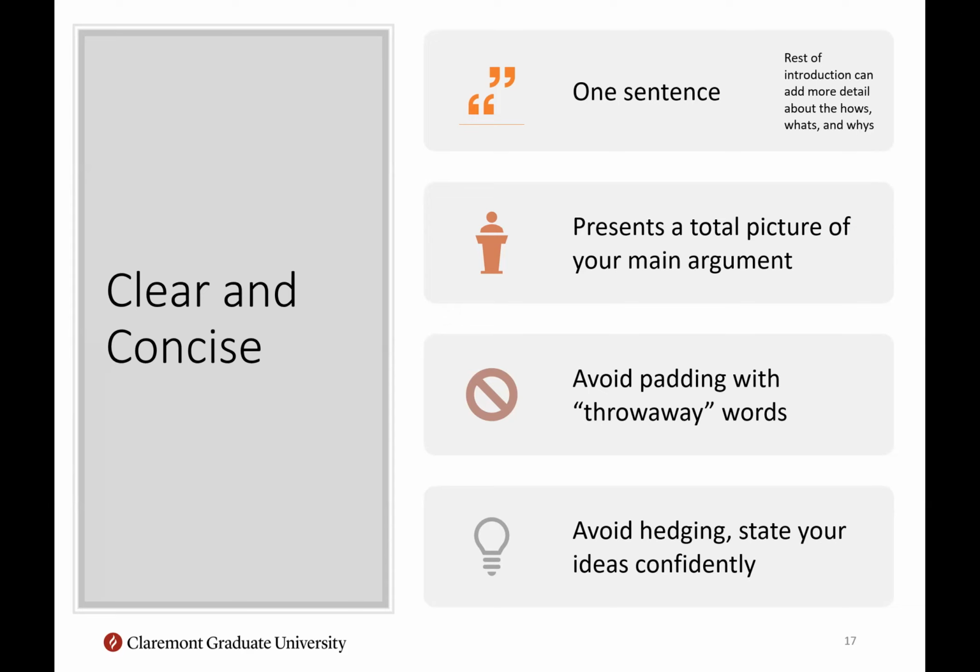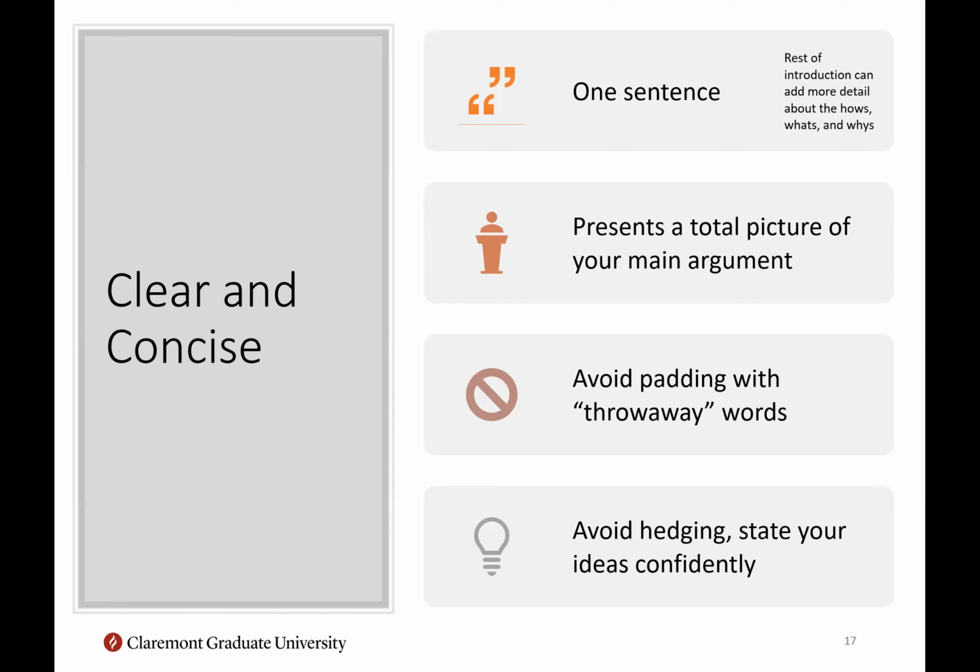Avoid padding with throwaway words. This can mean a lot of different things. Typically, it goes back to concision: take out extra words, anything that's really broad. We're going to come back to this on our don'ts checklist, but if you're hedging on something, "I hope to argue that," "this paper attempts to show," just cut those out and make it clear: "I argue that," "this paper shows that." Sometimes I see constructions like "this paper argues something about this topic, which is," and it gets into this wordy construction. So just try to make it "I argue that," the main point, done.